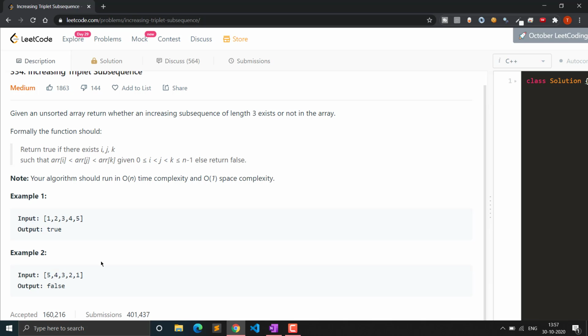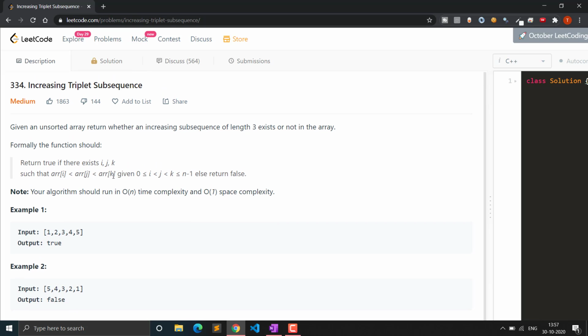That is what a subsequence means. A substring is where the elements should be continuous, so that will be like 5 4 3, and we cannot skip any element in between, like we cannot do 5 3 2. It should be like 5 4 3 2. So that is what subsequence and substring mean.